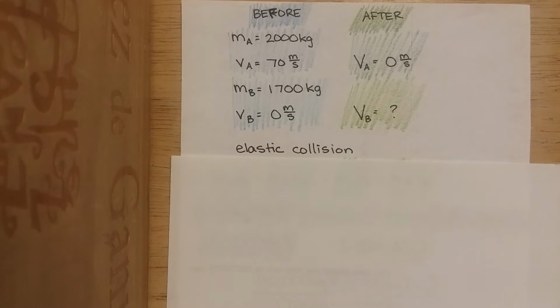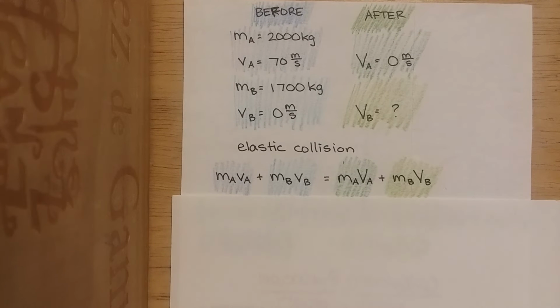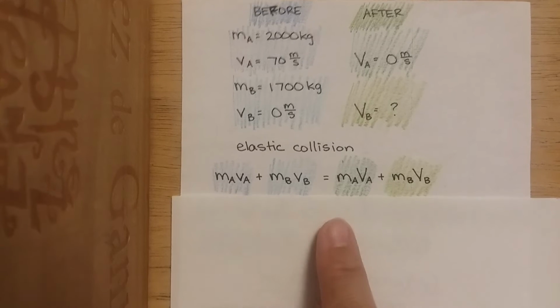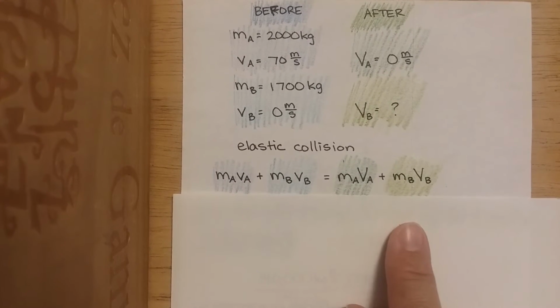And also, if you think about pool balls, it said that car A was moving and car B was at rest, and then they collided and car A stopped and car B is going. So that also indicates that we've got an elastic collision here. They don't lock together. So we're going to use this equation: MAVA plus MBVB equals MA capital VA plus MB